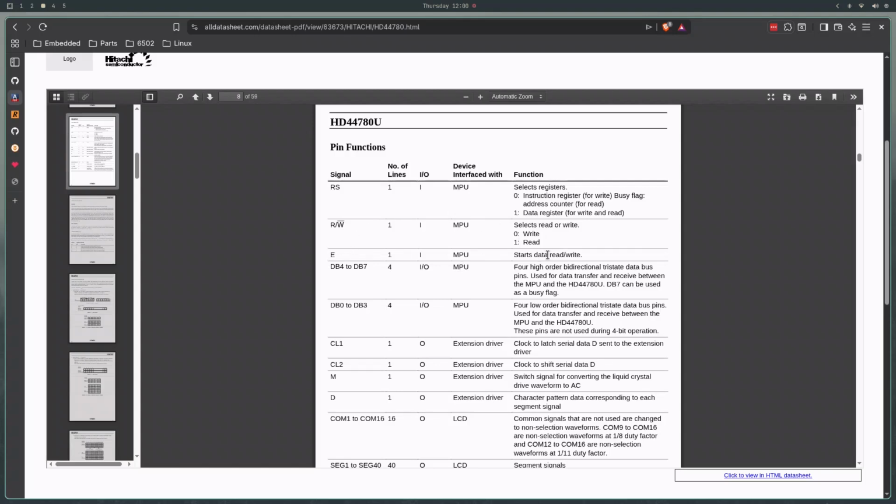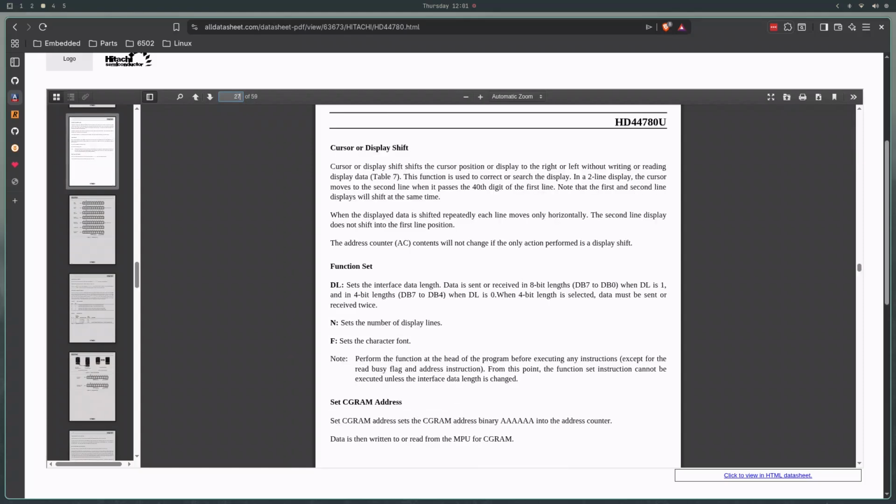The enable pin is what's going to signal to the LCD module that it's time for it to read the data that we're trying to send to it over the data bit pins. There are 8 of those. However, even though there's 8 of those, which makes sense because 8 bits in a byte, on page 27 it